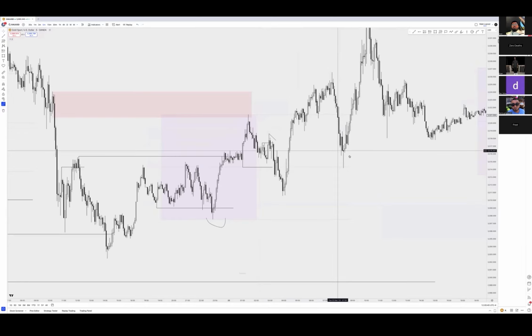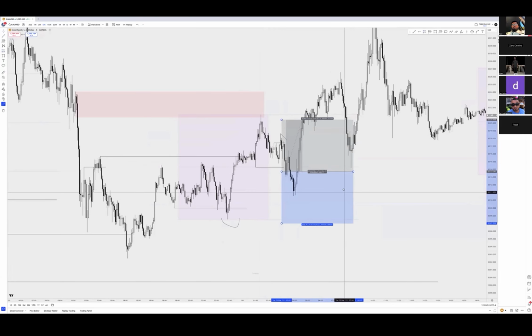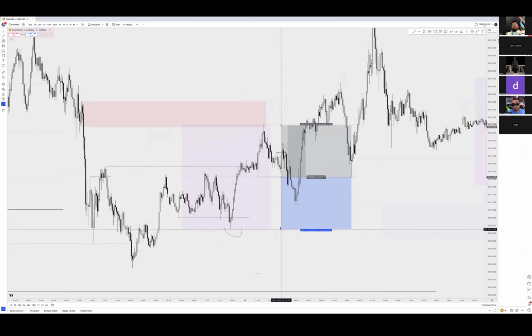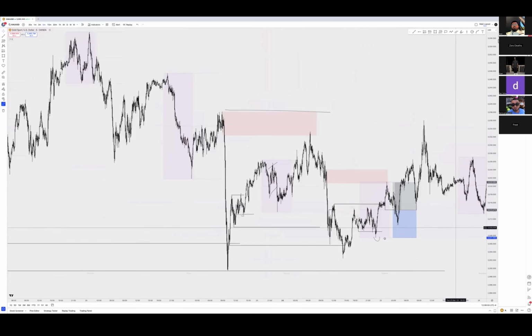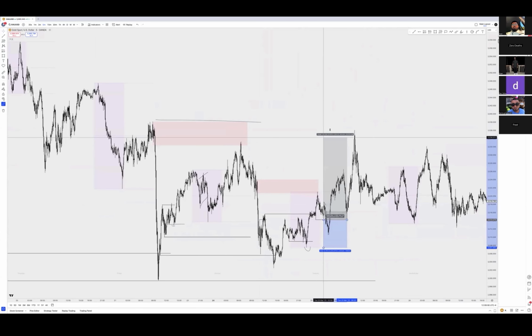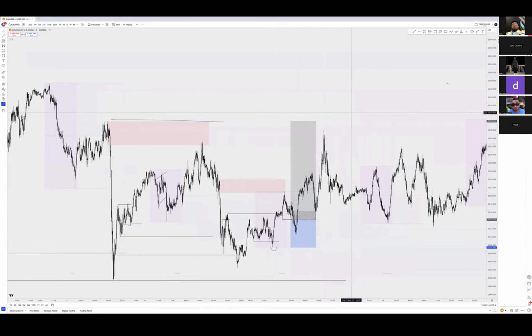So honestly, in terms of entries, after taking out that low, liquidity block below, and then targeting the highs. There you go. That would be one sort of entry. And then obviously, like how I always mention, taking partials at structural points is important. So you'd have to take some partials up here.